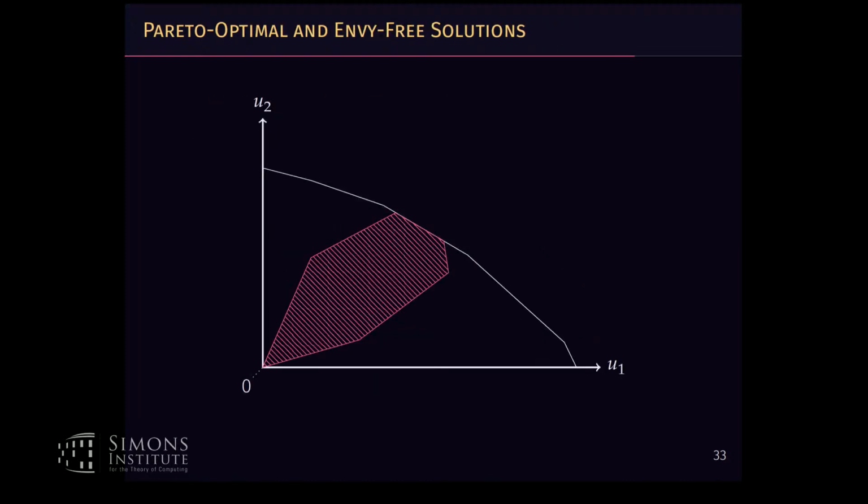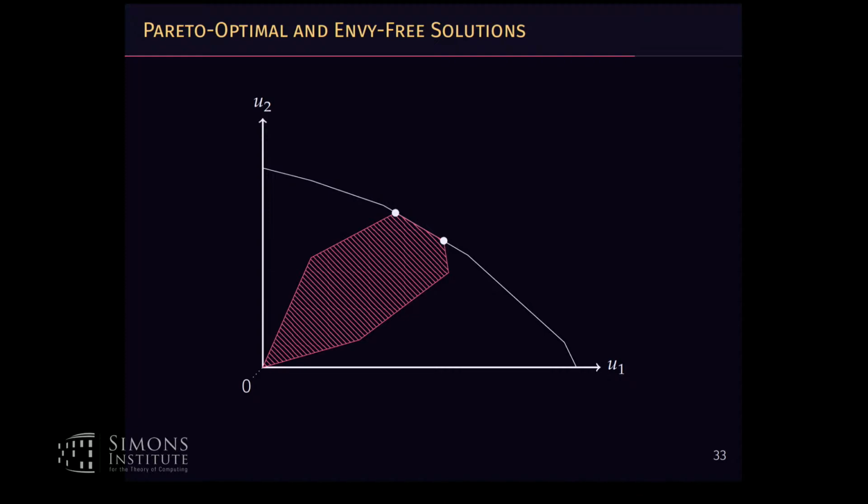And what this means is that if you look at the space of all utilities that can be achieved by allocations, the set of envy-free utilities is a polytope inside of the space. And a solution is envy-free and Pareto optimal if it lies on this frontier, and it's also on the boundary of this envy-free polytope. And then probably already from this picture, you can see that using some standard polyhedral theory,